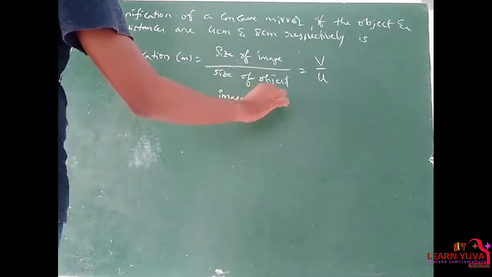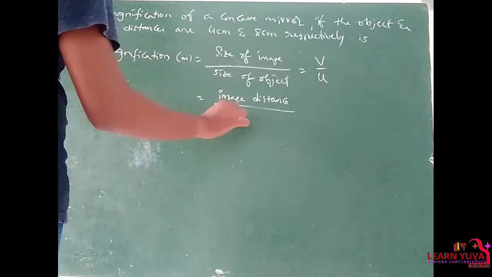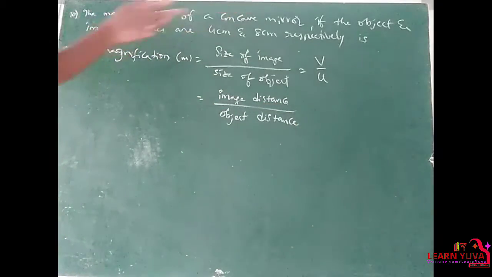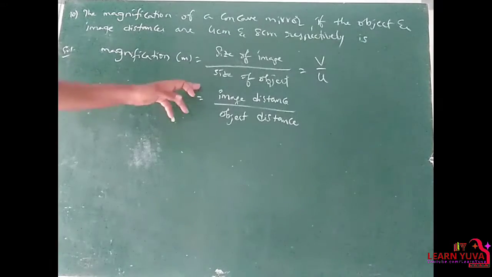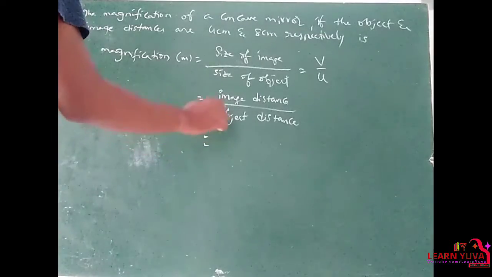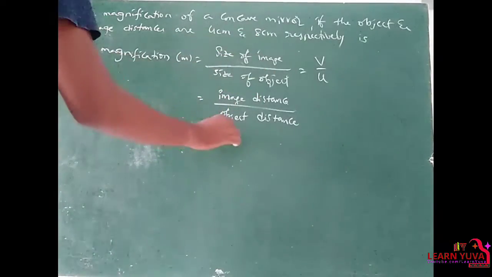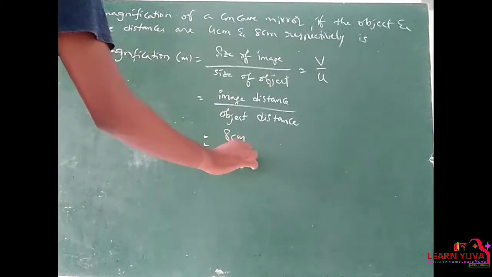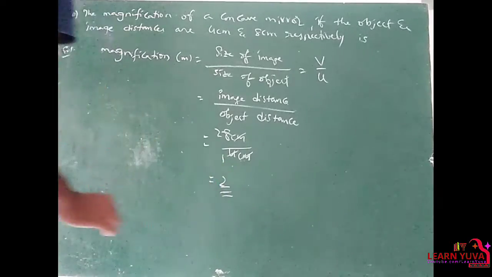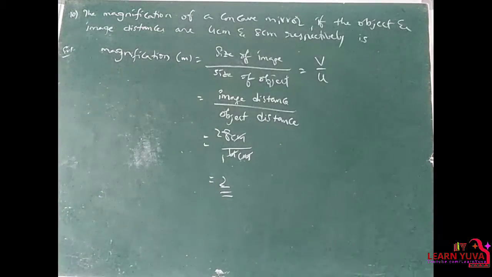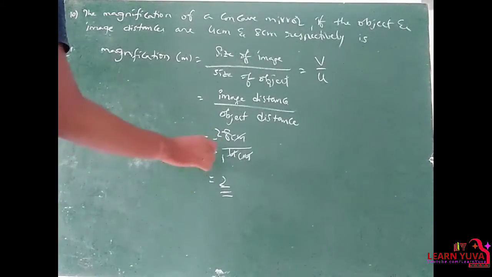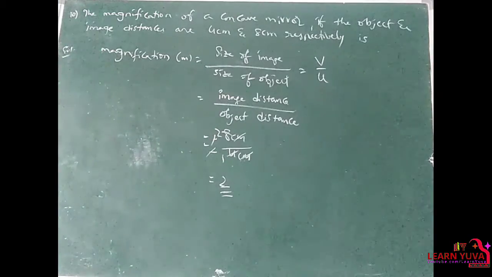So it also has the formula of image distance by object distance. So depending upon the given data, the object and image distances are given. So v by u, that means these values are given. So that is equal to image distance is 8 centimeters, the object distance is 4 centimeters. 4 ones are 4, 4 twos are 8. So magnification is equal to 2. That's it. Minus 8, minus 4, so minus minus gets cancelled. So I didn't place the minus sign.